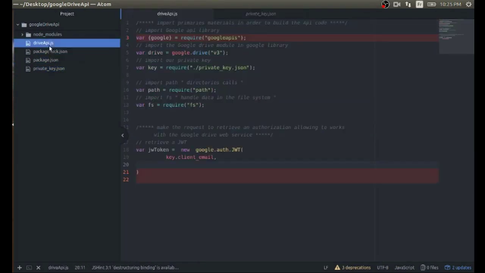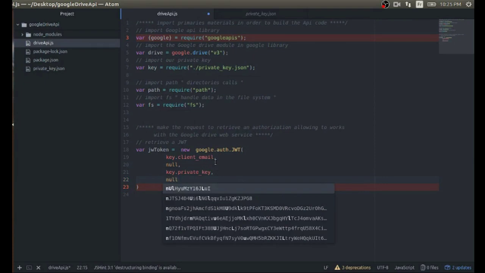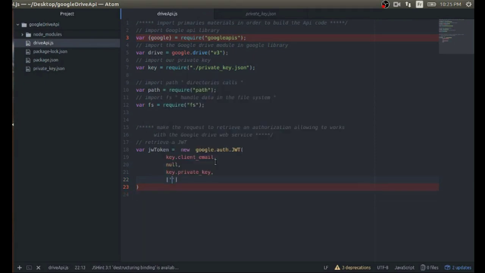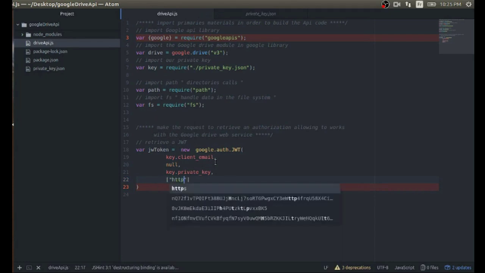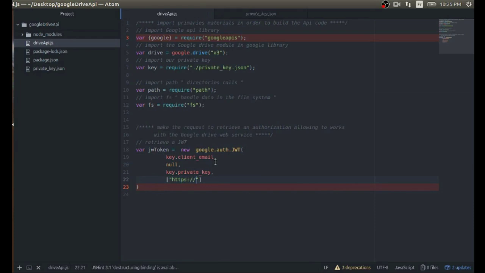So it's okay, client email. After that, we enter a new value. Then we communicate our private key, okay, and we enter again. No, it's not new value. We enter directly the scope of our application, so HTTPS, I think, okay, and we will make this request in